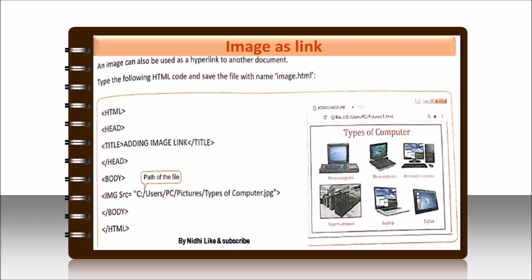Today we are going to talk about image as a link. In previous classes we have talked about images and links also, but here we will talk about image as a link. It is the same as when we created a link, but in place of text we are just putting an image. See, like this, the code that is given here: HTML, head, title, head, body